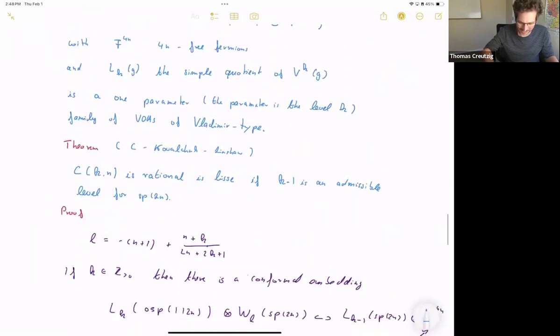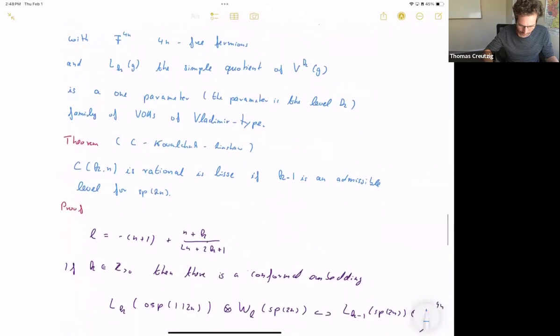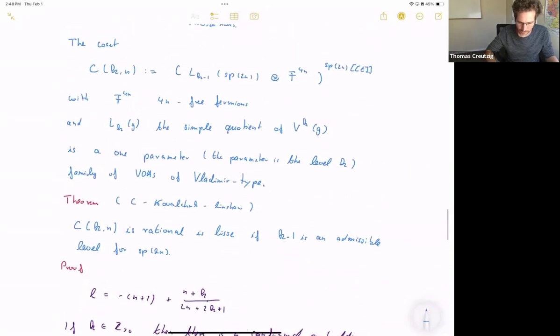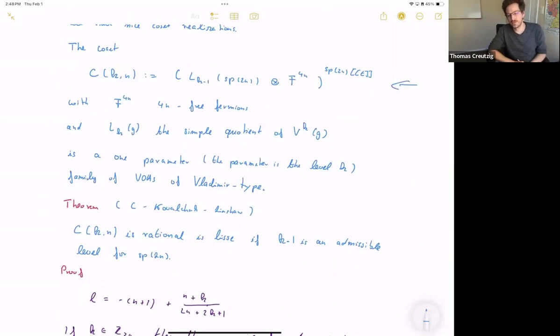Okay. So let's go to the theorem again. This coset here, which is given here again, you should view it as on the very same footing as the GKO cosets that realize principal W algebras of type A, D, E, or the affine OSP 1 to n, whose SP 2n coset realizes principal W algebras of type B. And here, this one is now the first coset in the same vein somehow, but it doesn't realize a principal W algebra anymore, but new rational VOAs, we didn't give them any name, that are exactly of the new Virasoro algebra type, and so they should be the ones that serve as building blocks of rational VOAs of orthosymplectic type. Very nice. Thank you for your patience.